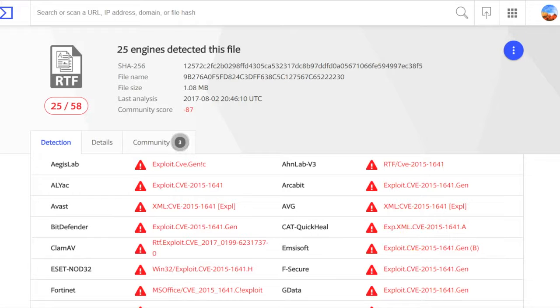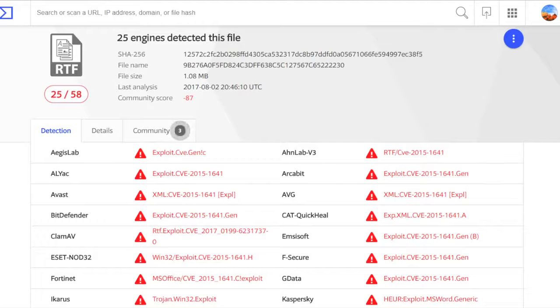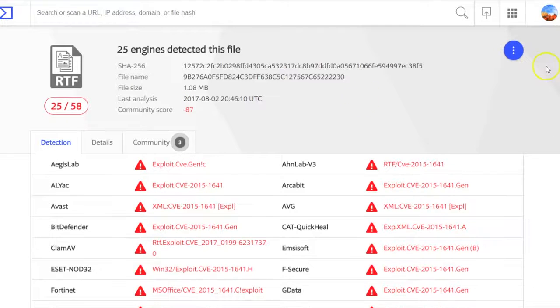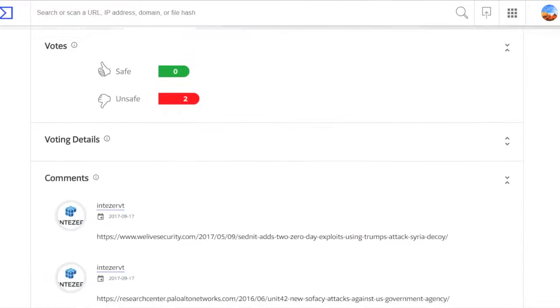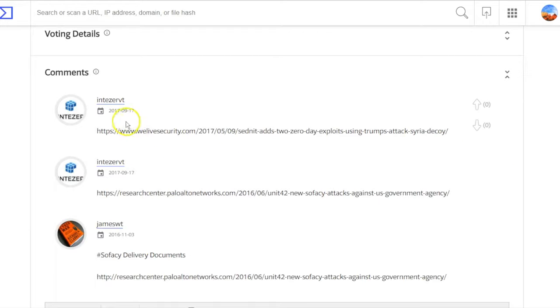You can see from the screen that 25 engines have detected this file as malicious. It has a community score of -87. This means that 25 of 58 different engines have detected this. You'll also see this flashing 3 from the community. If we click on that tab, we can see that, in fact, there's some very recent activity from 2017 and